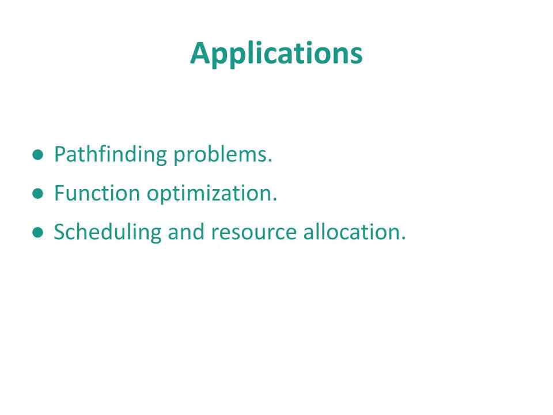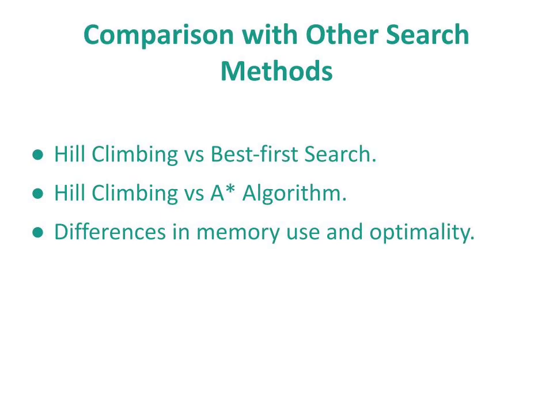Applications. Hill climbing is widely used in AI and optimization tasks like pathfinding, robot navigation, and route planning. Second, function optimization and scheduling and resource allocation in operations research. These problems often have a large search space where exact algorithms are impractical.